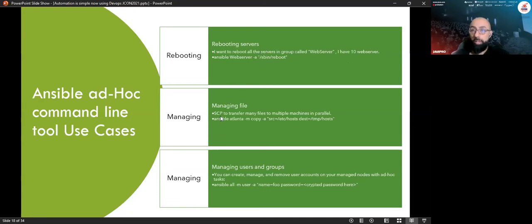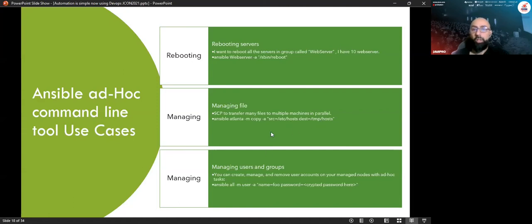I can move files between servers as well, for example from the web inventory to the database inventory, or from one to one. Using the inventory group, I use the copy module, with the source over here and the destination where I need to copy the file.